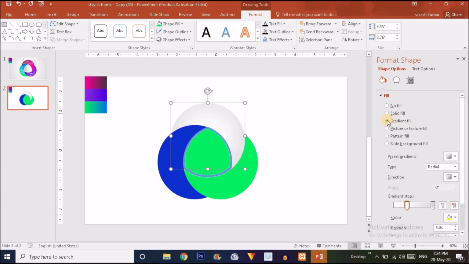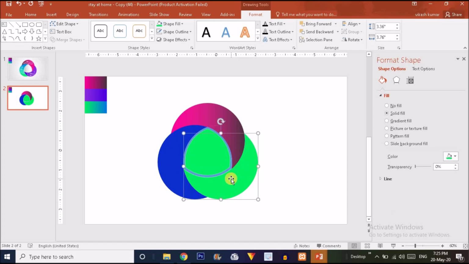Just click on the gradient fill option, and here you will find two handles. For the right handle, I'm going to click on the color. Here you will find the eyedropper option. Just choose the eyedropper, and I'm going to select this dark color for the right handle. Before selecting the color for the left handle, I'm just going to change the type from radial to linear. So just click on linear, and I will change the direction. I'm just going to make the direction like this. So for the left side, I'm just going to choose the eyedropper and choose this particular color from the color sample. Okay.